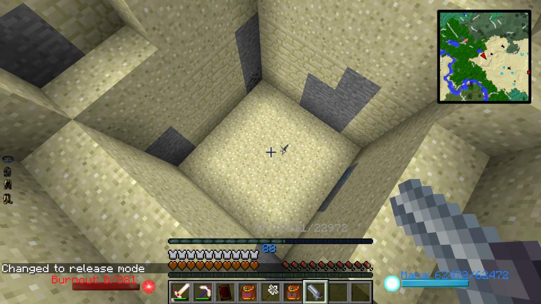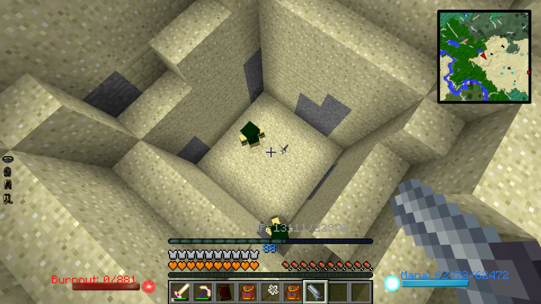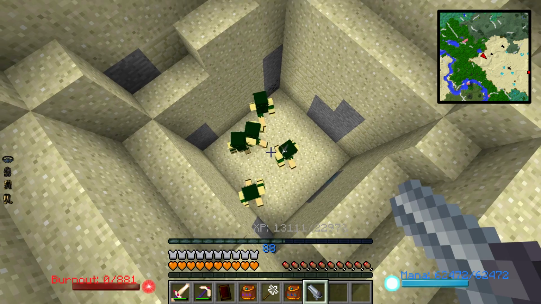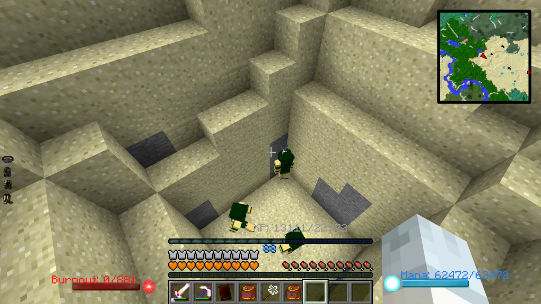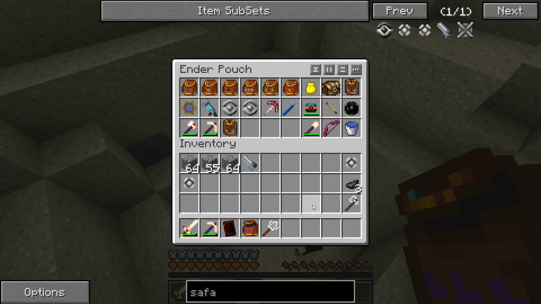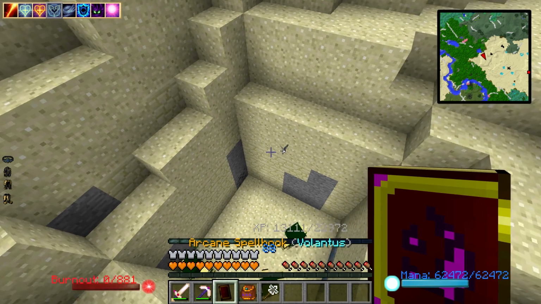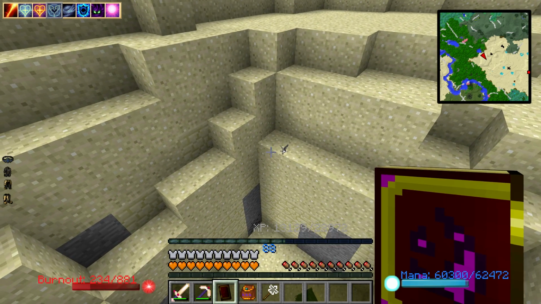So I'll pump out 5. 1, 2, 3, 4, 5. Deselect that. Let's put you back in there. And yeah, everything there can stay in my inventory. Okay, we want the flight buff, we want